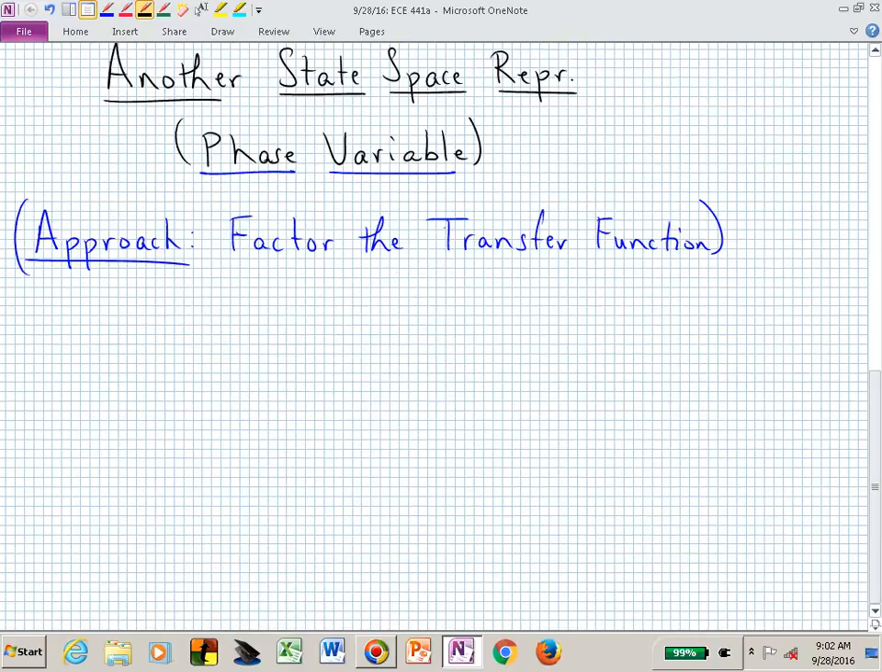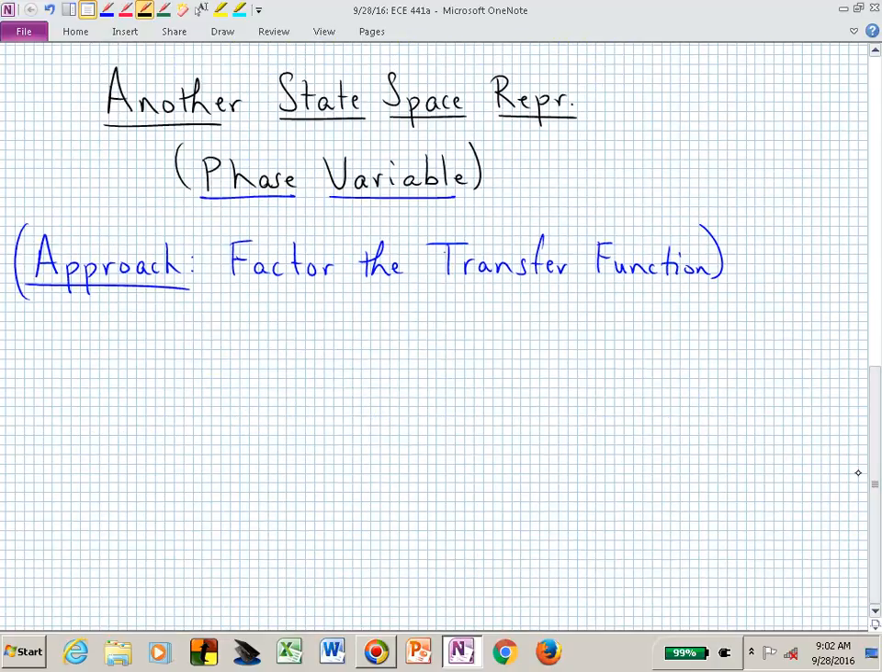Let's then start today with another state space representation, and the idea here is that we're factoring the transfer function, and that's going to allow us to create a different block diagram structure for the transfer function, and that different structure will then produce a different state space representation. Let's begin with the same